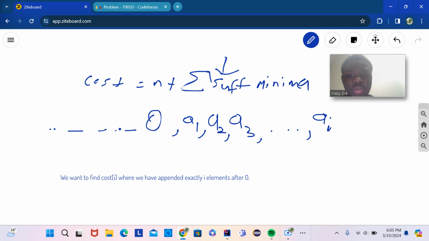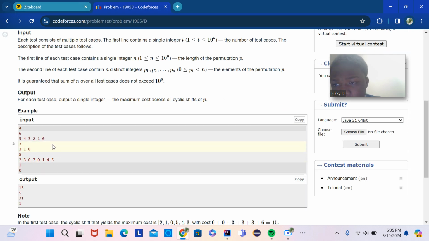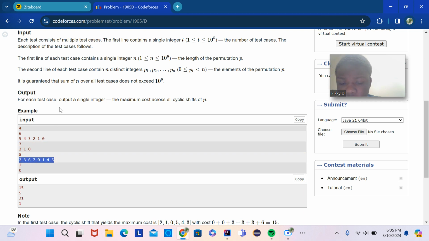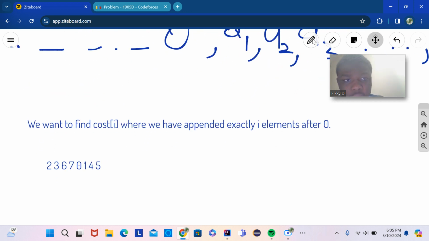shift not really in terms of, because every cyclic shift starts at 0, right? But the idea is that you can think about it as looking something like this. So for example, let me make this more concrete. If you look at this array here, you observe that it starts at 0, but these elements don't matter for this cyclic shift. Now if you move it to the left, it starts at 0, 1, 4, 5, and